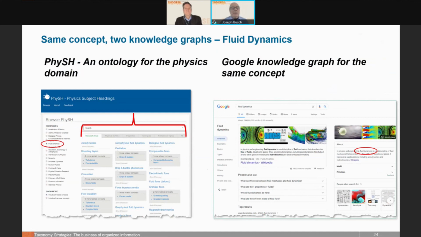On the left side is something that might be a bit more familiar, but it doesn't look anything like a knowledge graph, but it really is. It's something called physics subject headings, and this is a live website and you can go and see it. If you look for fluid dynamics, it's a discipline in physics, which is a concept that you don't necessarily even pick up on over on the Google side. And every discipline in physics has a related set of research areas, physical systems, properties, techniques, and then other types of professional topics. And this is a scheme that we developed together with the American Physical Society to reconceptualize the way that physics